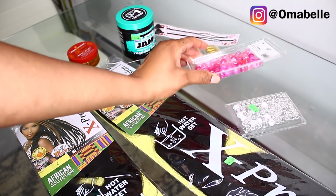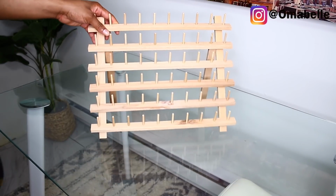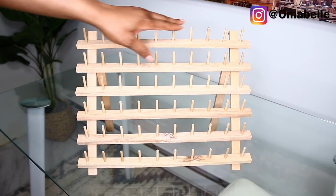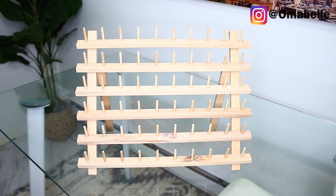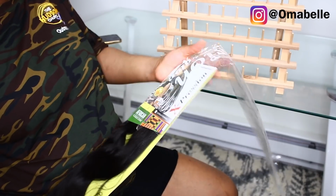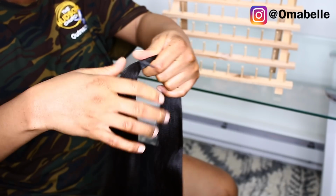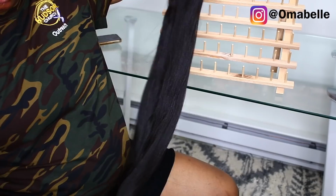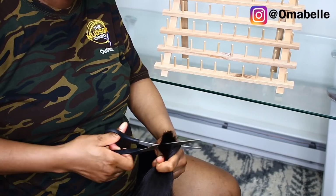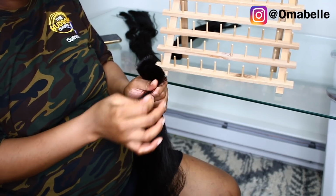And then also I have some beads. You guys know I just love beads when it comes to kids hair, and this right here is actually a holy grail. This is a lifesaver, you guys, especially when you're doing feeding braids. I just discovered this on Amazon and I'm so happy because it makes it so much easier when you're working with feeding braids. You can just go ahead, stretch your hair, work on it. You just go ahead and cut your braiding hair, stretch it, do everything you need to do, and just put the